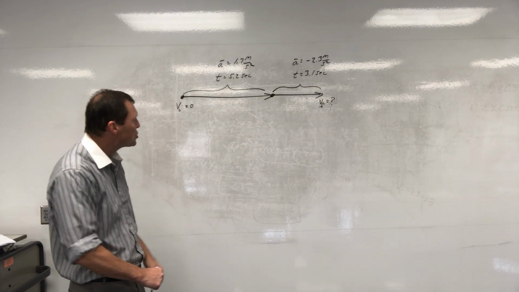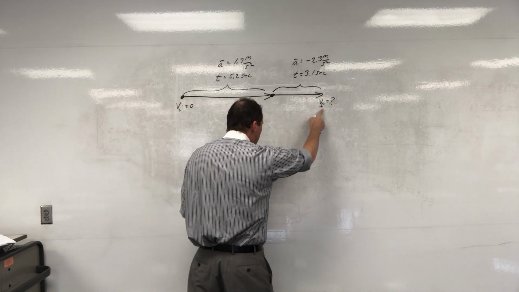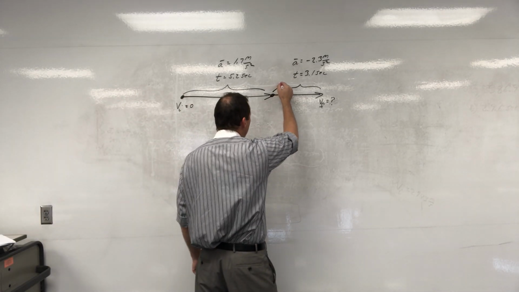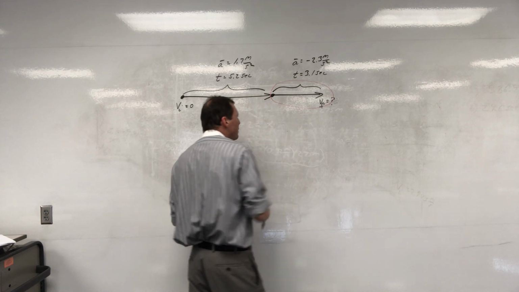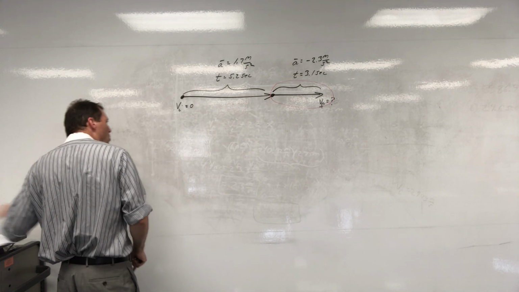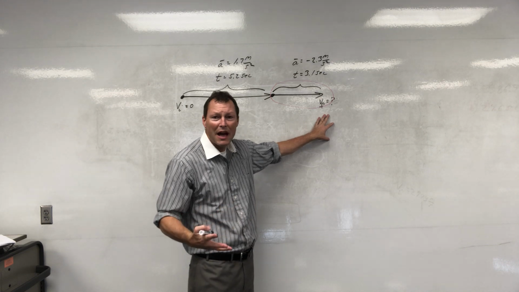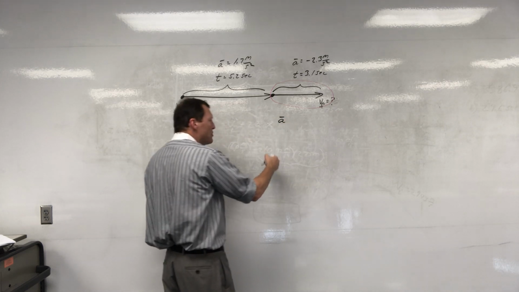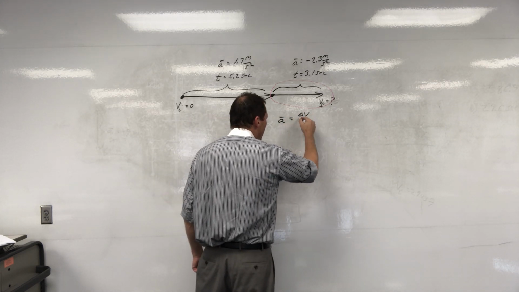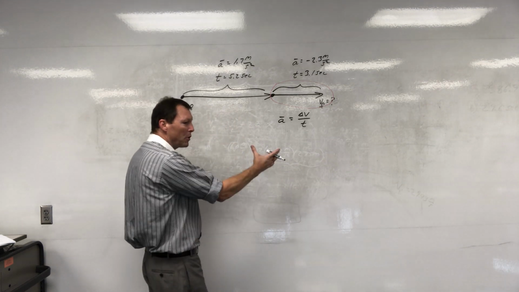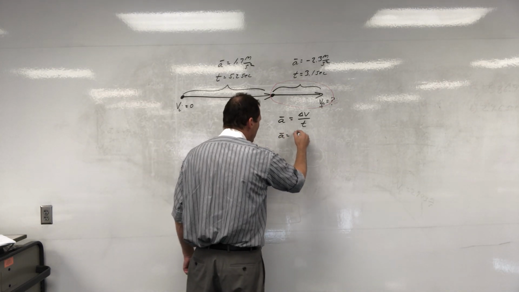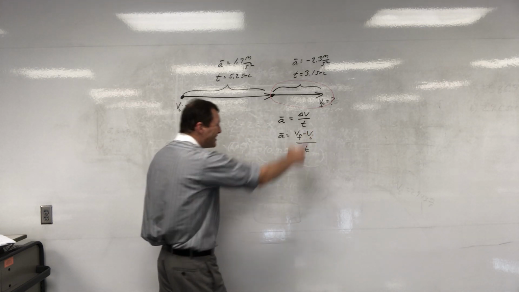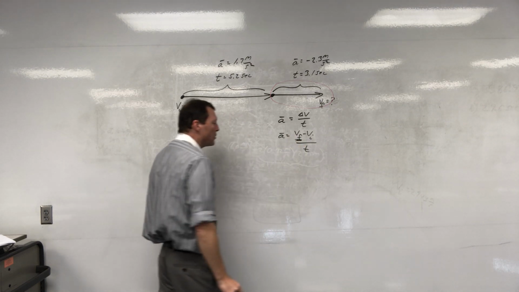All right, so let me go ahead, since I want to know this, I'm going to focus on this part of the problem right there. And obviously I need an equation that's got velocity final in it. So I'm going to consider this equation. Average acceleration equals change in velocity over time. We're going to go ahead and expand this. Average acceleration equals the final velocity minus the initial over time. You can see the final velocity,